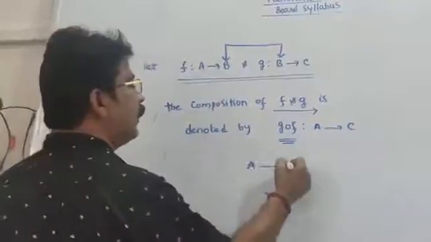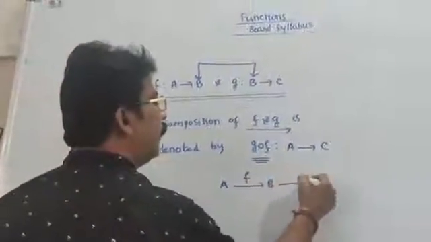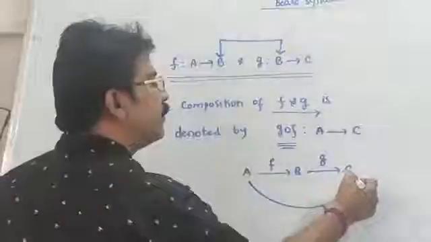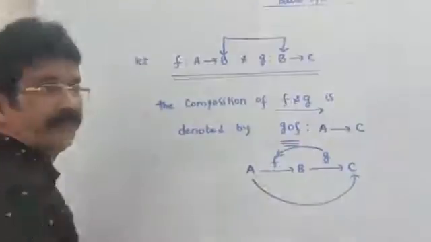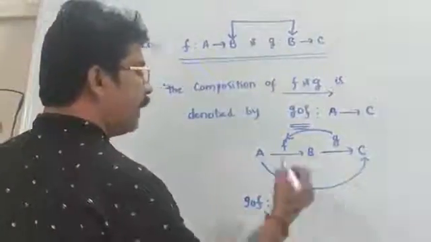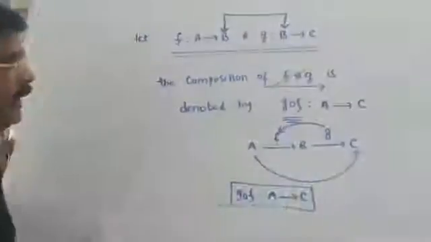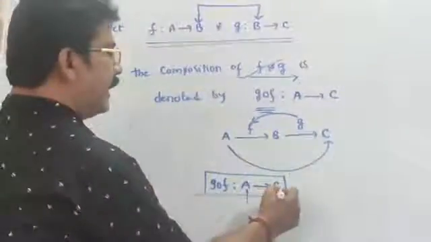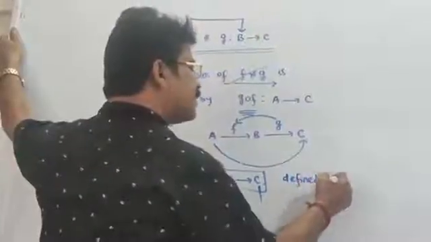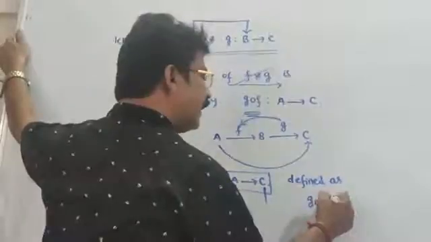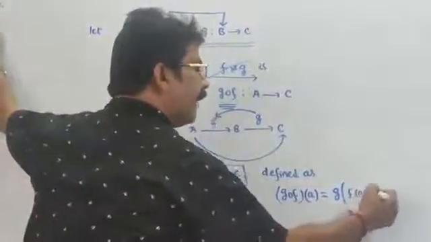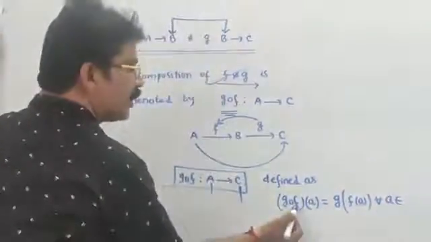Here A to B it is F, B to C it is G. Now in this direction A to C, G circle F is from A to capital C. This is called the composition of F and G. Its domain is capital A and codomain is capital C, and it is defined as G circle F of a is equal to G of F of a for all a belongs to